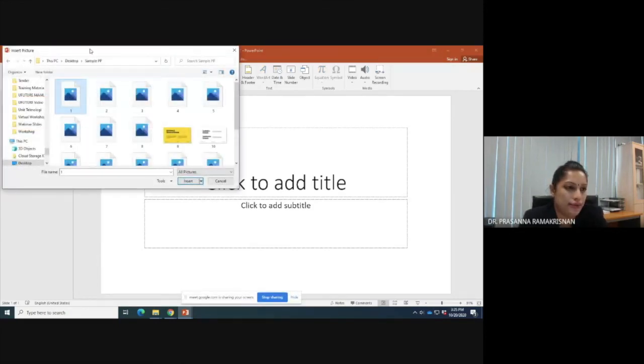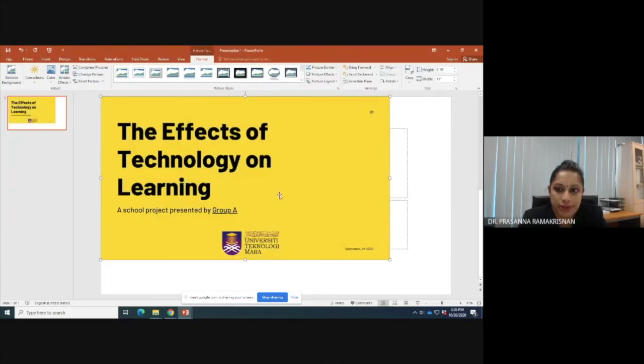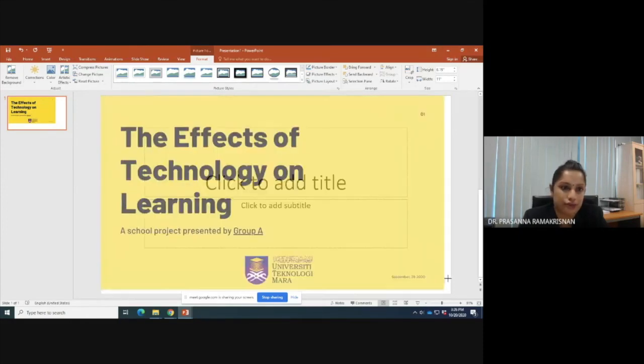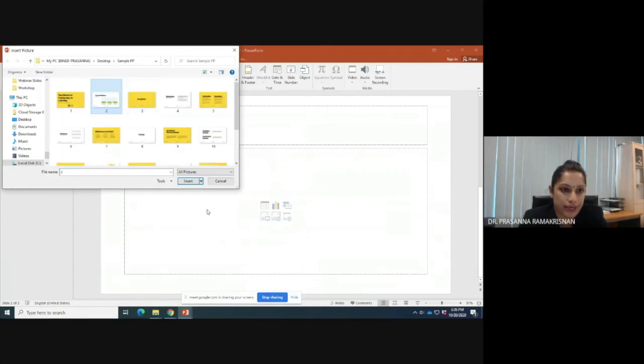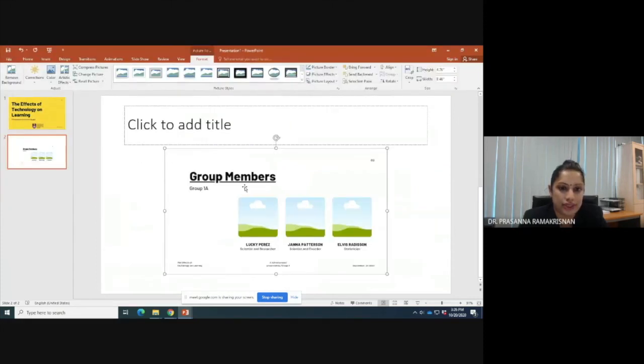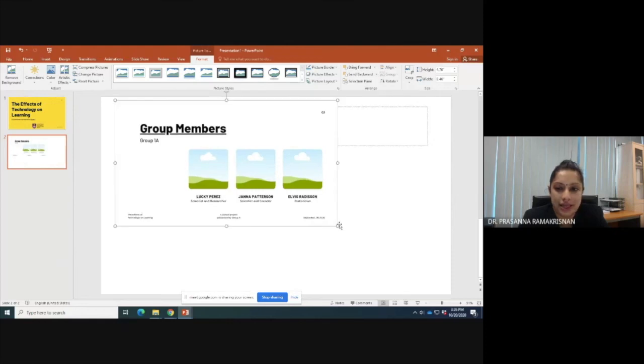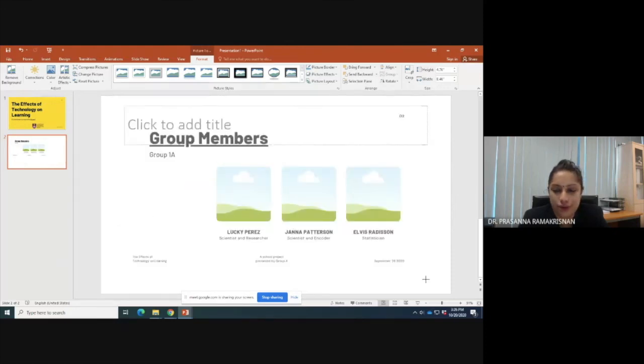Okay, so when you choose the downloaded individual slides, you insert, so it will be inside here. So then you can adjust accordingly to fit your slide. Then you can choose whichever you want to bring in, you can insert it individually inside. So this is another way of doing it.